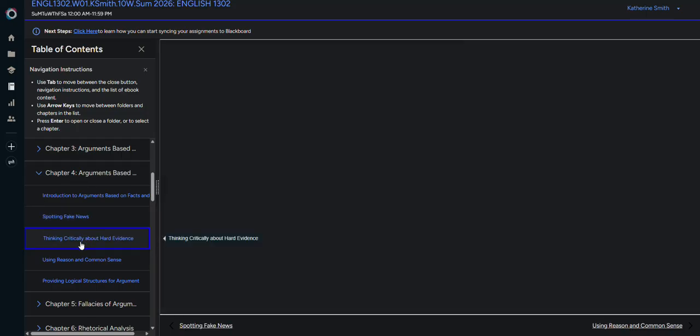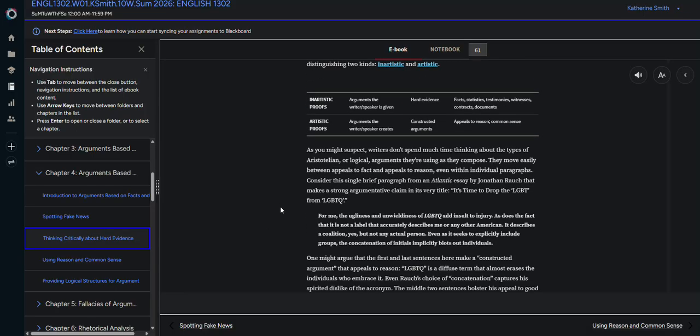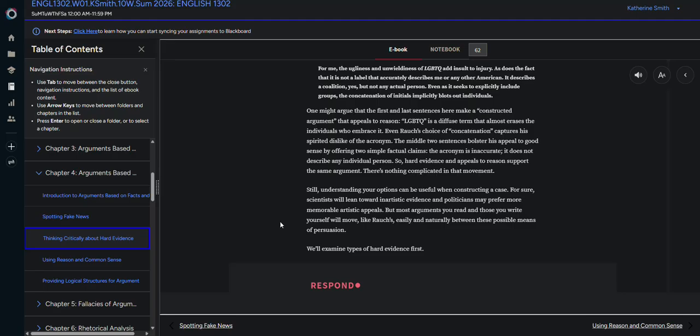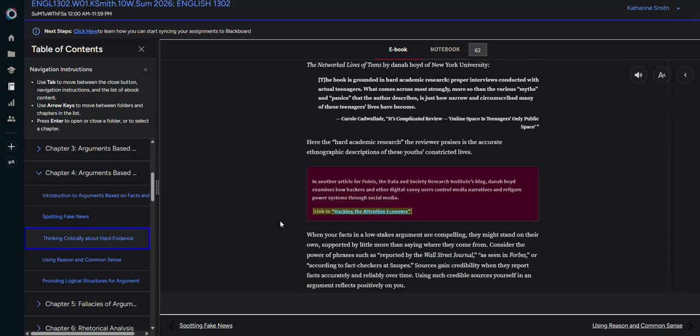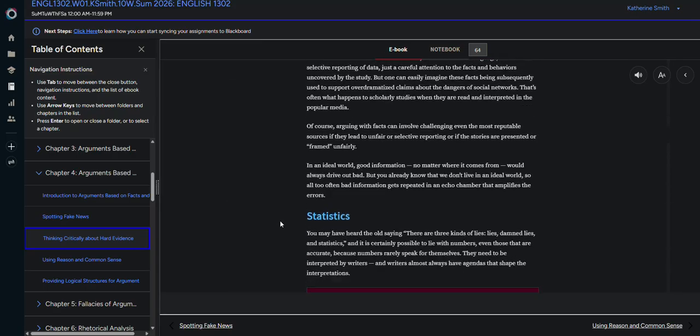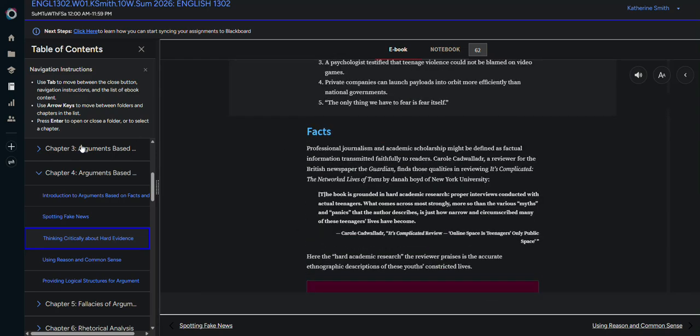This one's important about thinking critically about hard evidence. In other words, questioning it. You need to question everything and you need to look for the evidence that backs it up. Again, as soon as it comes up. There we go. Again, I think this is a really interesting read. I'm not going to go through every single thing here, but there's a lot of good stuff just in chapter